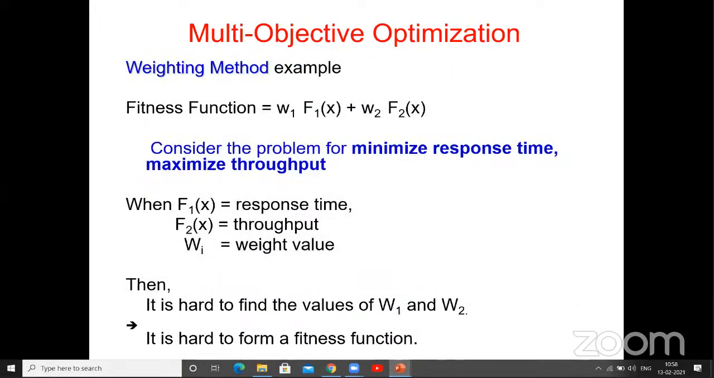Other approaches you find is the weighted method. You have two objectives, F1 of x and F2 of x. We use the weights W1 and W2 to combine those two objectives. Now consider the problem of minimizing the response time and maximizing the throughput. The weight values you choose again make it hard to find the values of W1 and W2, and hard to form